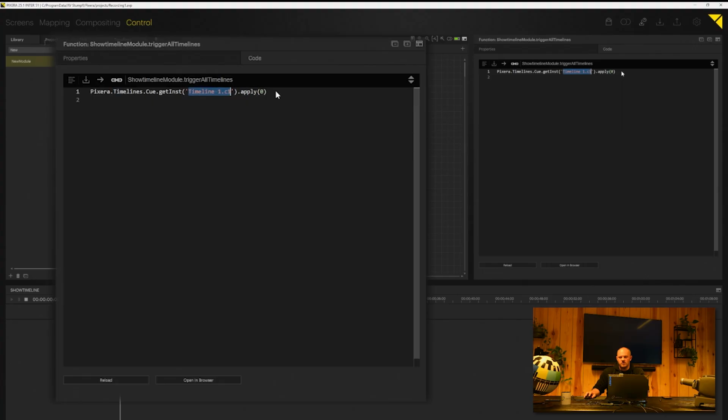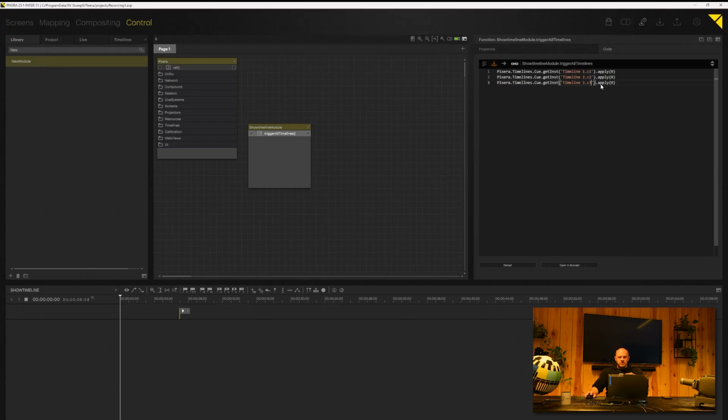So now I can just select everything here, Ctrl C, paste it, and replace this with the name of my other timelines. And of course, I named them quite conveniently, but in your case, if you have names, you can do it like this, or you can do the same thing again as many times as you want. So now, when I store this one,